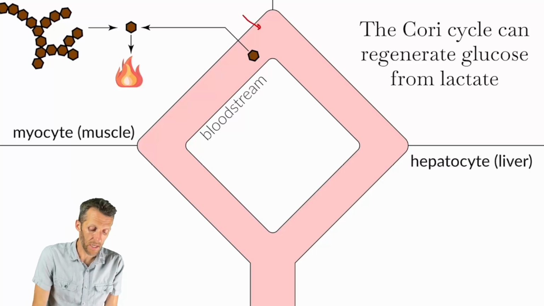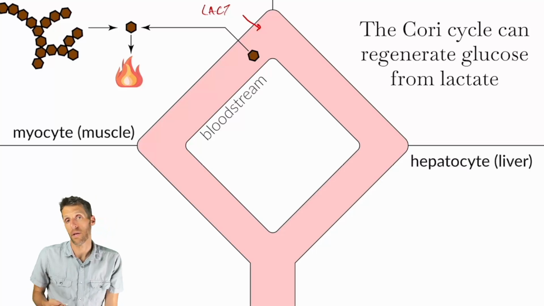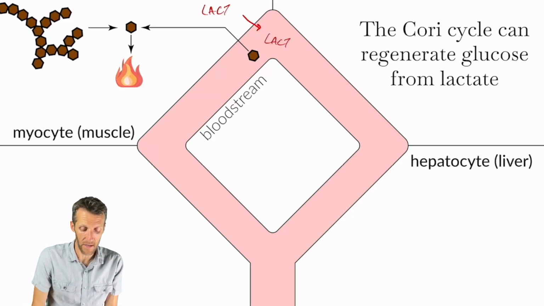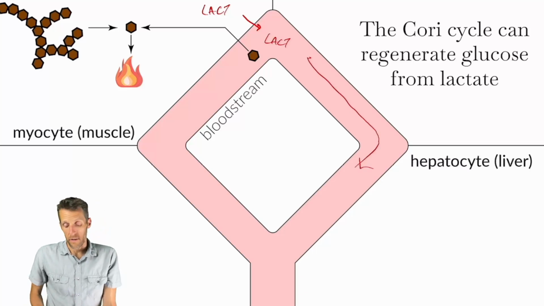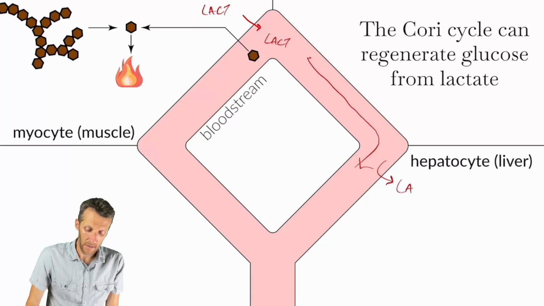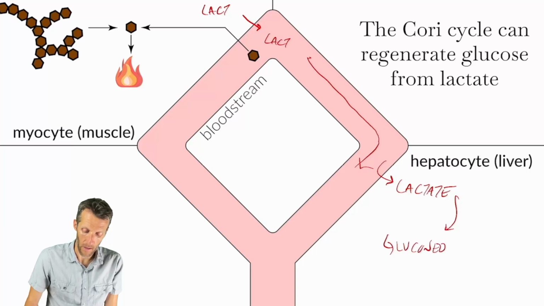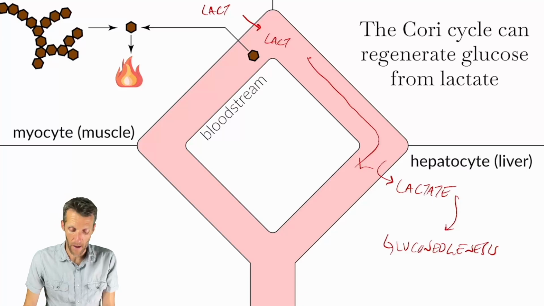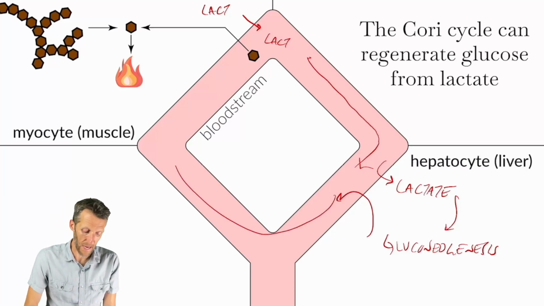what we'll actually see is lactate builds up here, right? And then remember, those MCTs are concentration gradient dependent, so we're going to start exporting lactate. It's going to start circulating in the blood. Turns out the liver can take up lactate, can run a process called gluconeogenesis with it, and then can dump that back into the bloodstream where it can be taken up and consumed by the